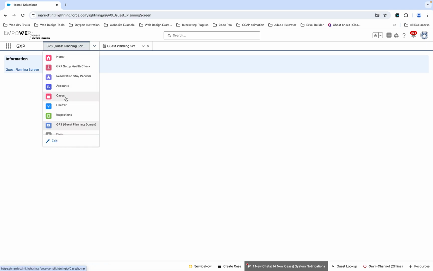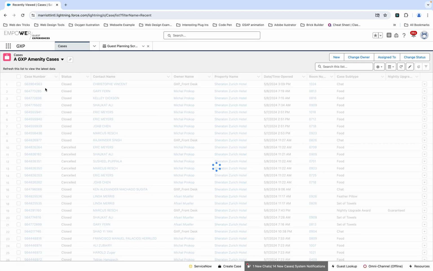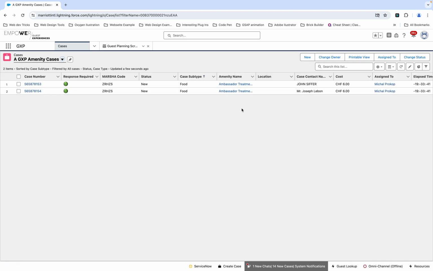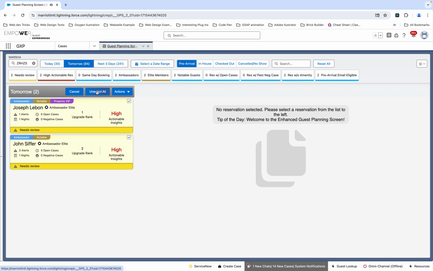You can open it, go to the cases, and under cases you can select amenity cases. In this case it will open the amenity cases. You can see those cases have been created for those specific members. Mr. John Schiffer, we can double check. Joseph Lebon is also selected, and like this we now continue to the other membership level, because we need to reset this selection. You can do it in 2 ways. I will show you. You can unselect all, then you go cancel,